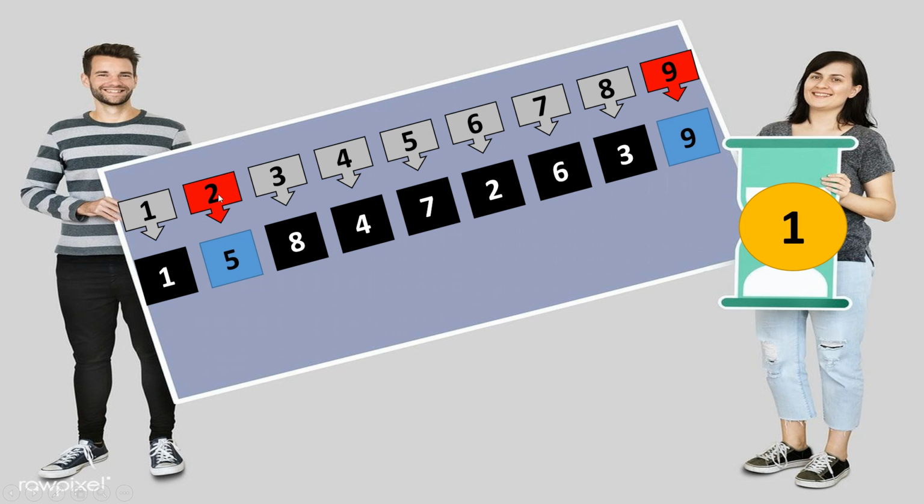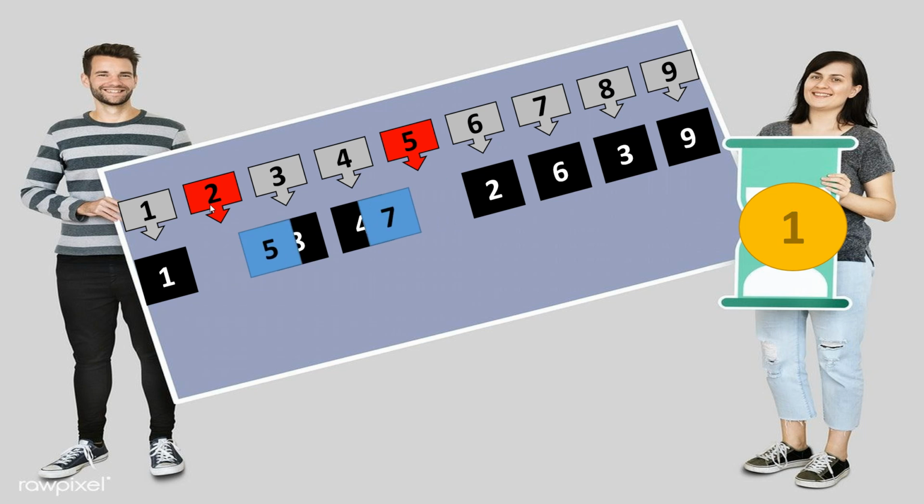So again, the last displaced item is 5. It was not in the correct order, so we need to swap it to its correct position. To do this, we need to swap the 5th position number, that is 7, to its second order. After swapping, the length is 2. Here it is updated. And then the last swapped item is 7. So 7 is also not in the correct order.